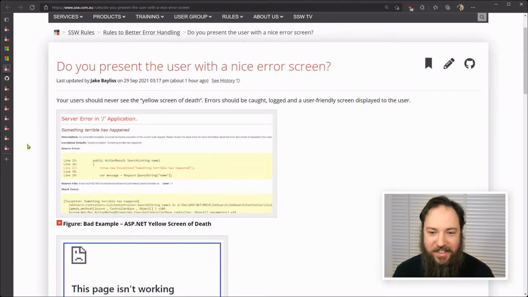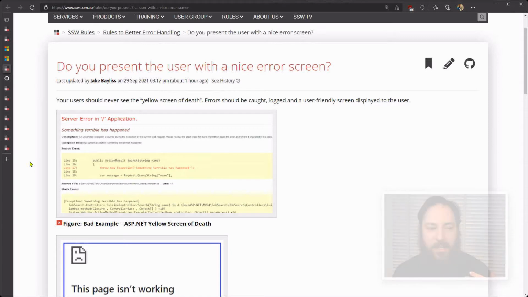So the yellow screen of death, I saw it recently when I was getting an ESTA for going to America. This is a couple of years back, obviously, and I saw that, and that took me back to the beginning of my career. So that's been around a while. I absolutely hate seeing it because it's just not showing a level of craft